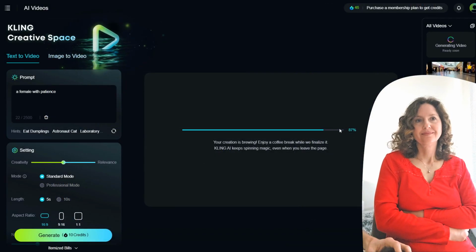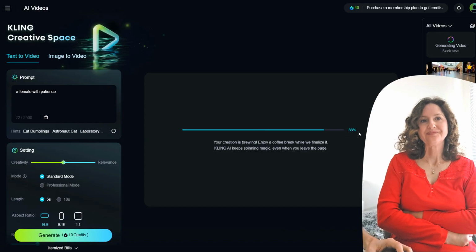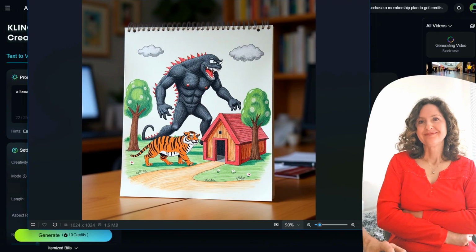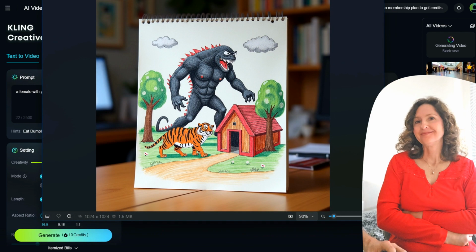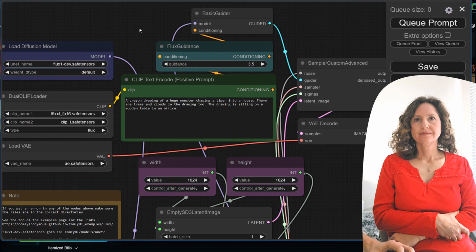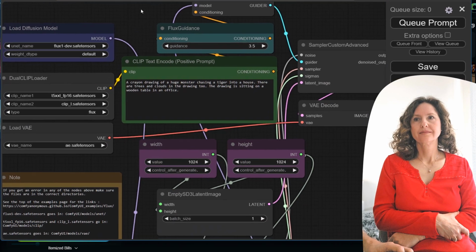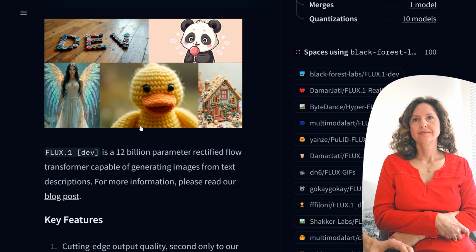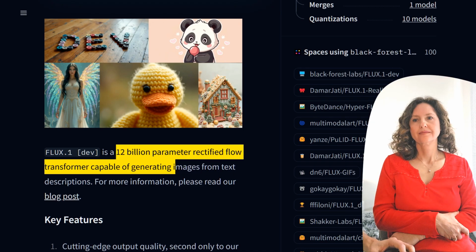While we're waiting for things to generate, patience right now is what we're waiting. I'll show you some stuff I've generated on Flux. I generated it on my own computer. So what's he got, 2 red nipples? I don't know. I didn't specify. So this is an interface here called Comfy UI. So this is running on my own computer, which means you're not waiting online and hoping things are generating. Now, Flux Dev, if I quickly go here, it's a 12 billion parameter rectified flow transformer capable of generating images